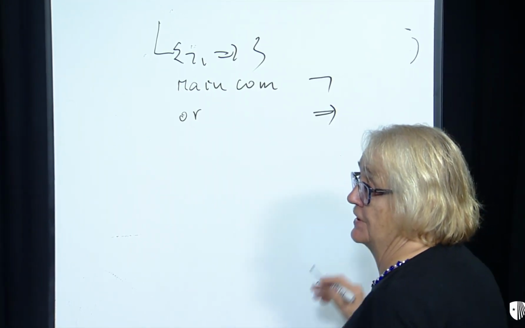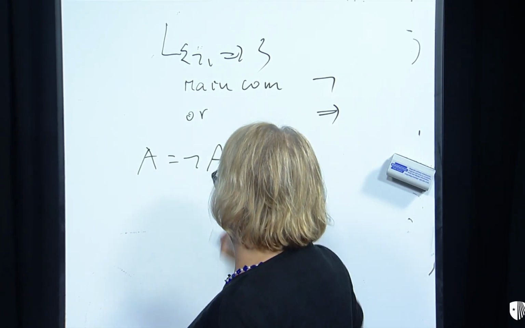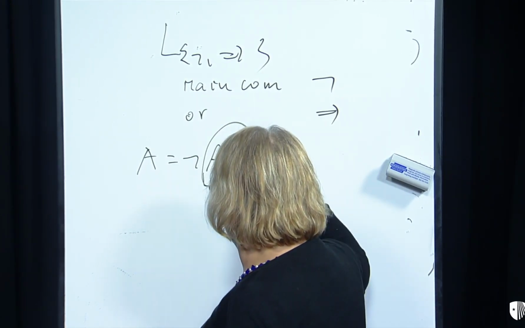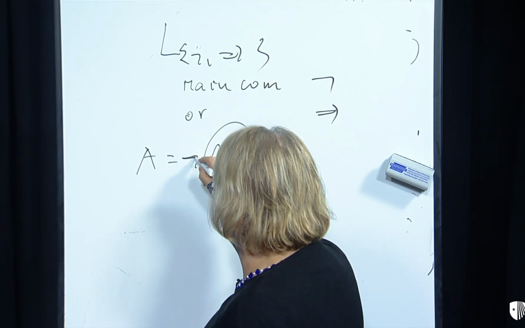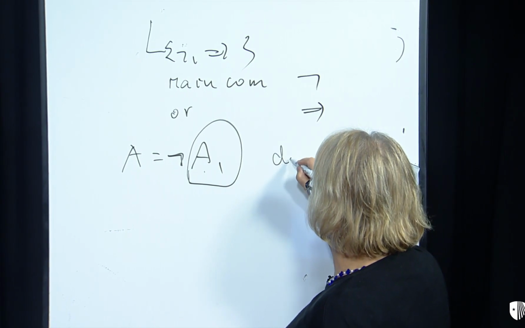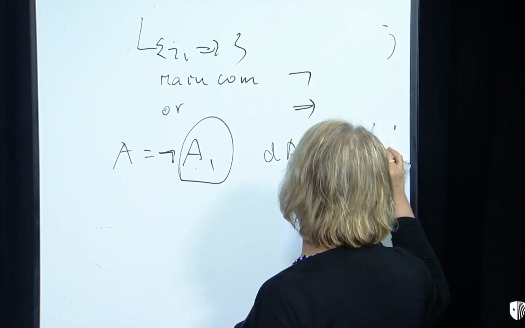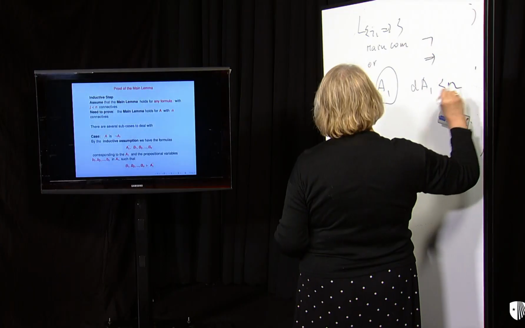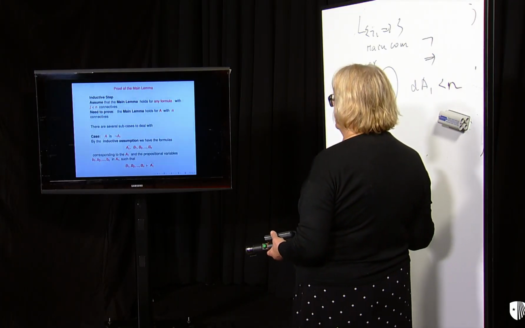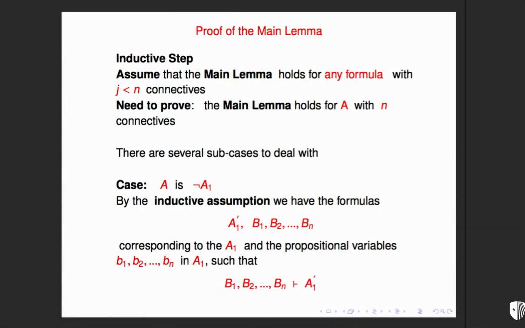The first case is A equals negation A1, and we assume this is negation. So the degree of A1 is less than n, and so by inductive assumption, we know that we can have